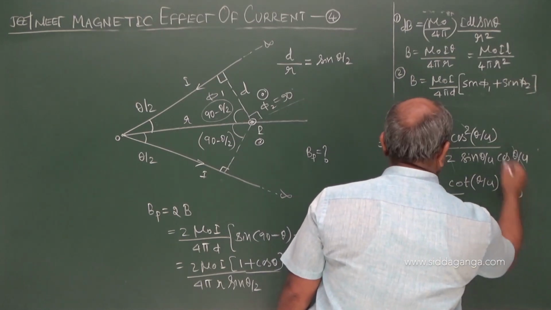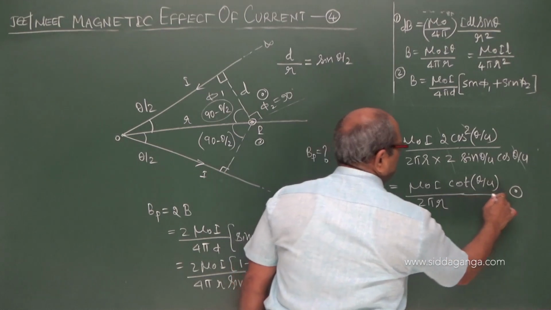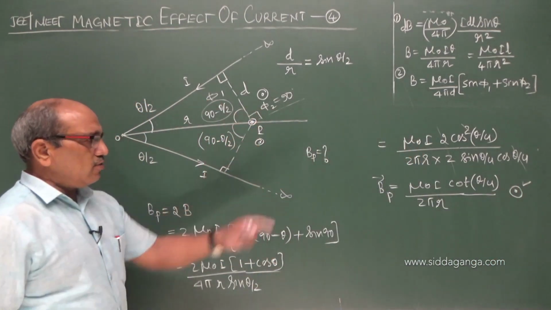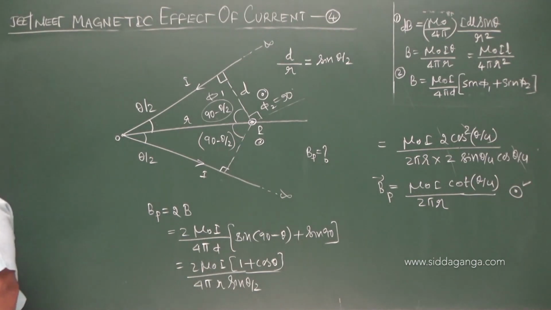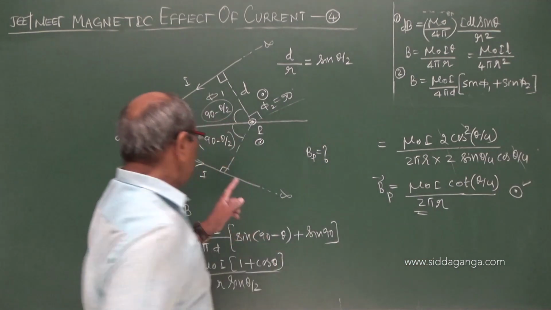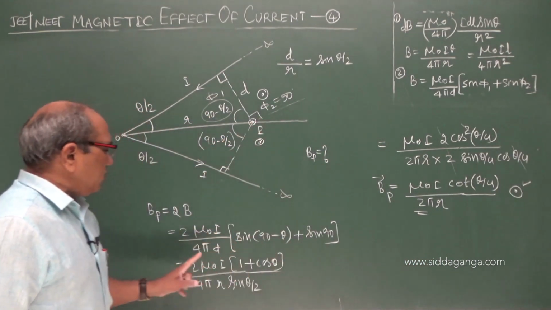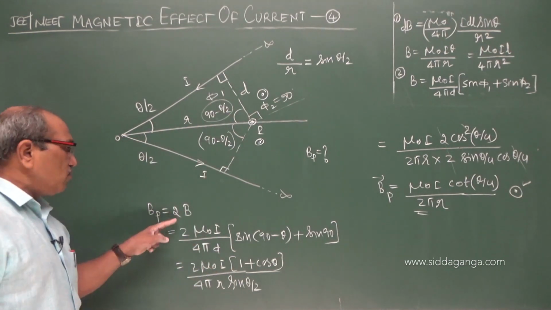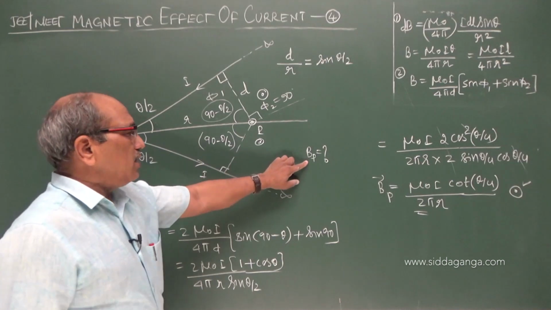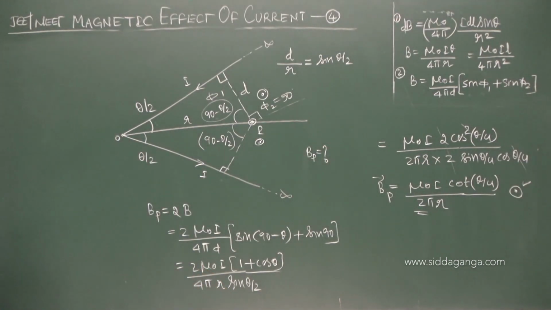that is out of the board. The magnetic field in respect of magnitude is this, and the field is out of the board. The answer you got is that one. I hope you have understood. How 90 minus theta was taken, how 90 was taken, D substituted for both. Why? Because in all respects both have symmetry and similarity, and BP is 2 times that. Coming to the next one.